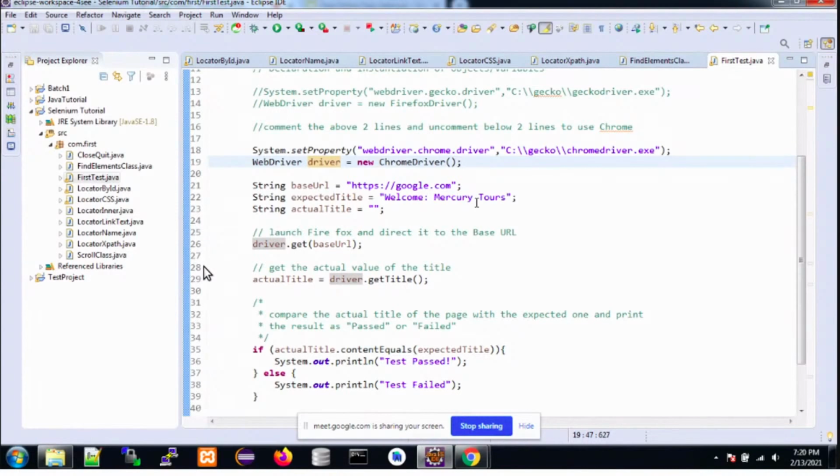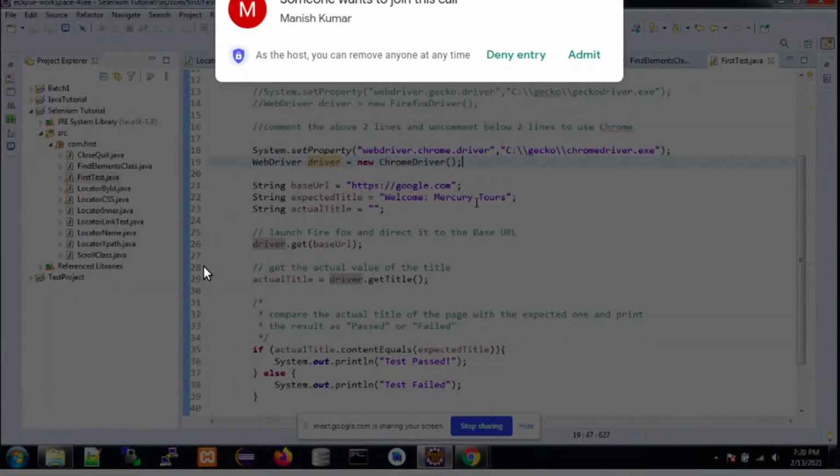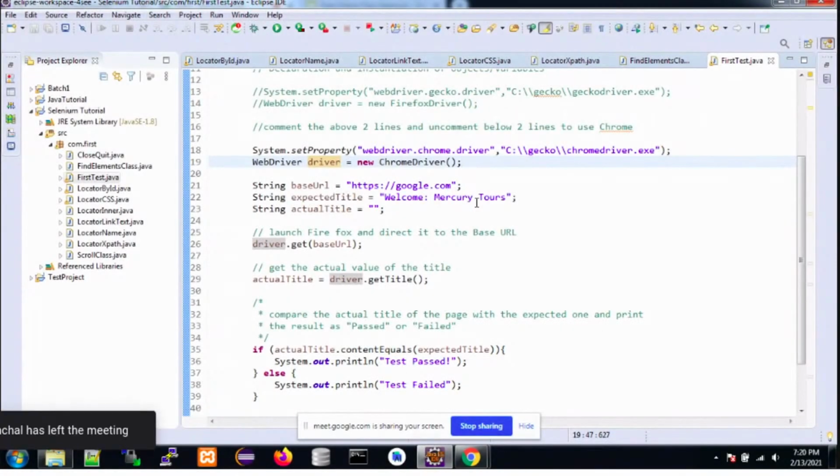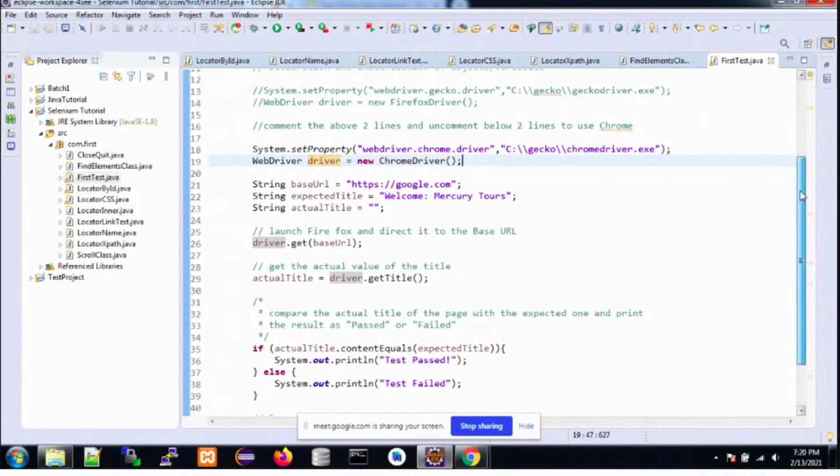To write code in Java, it is mandatory that you should know at least the basics of Java. We are not discussing the basics of Java in this session, nor did we in the previous session, but it is a prerequisite that you must know the basics: what the data types in Java are, how variable declaration works, and what the loop and control statements are, like if else, for loop, and array list. Not much, but you must know the basics to write the code, because the structure of coding is the same.